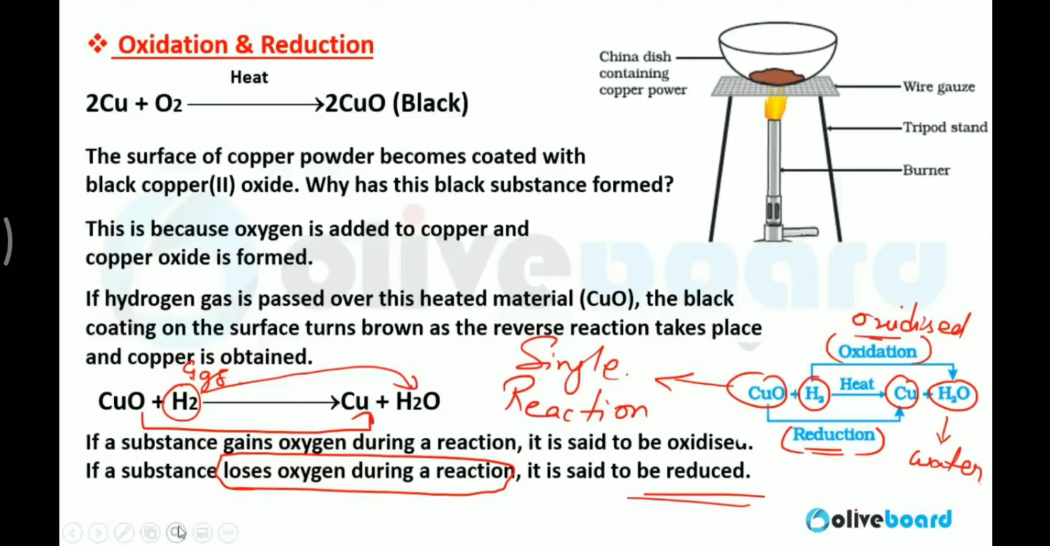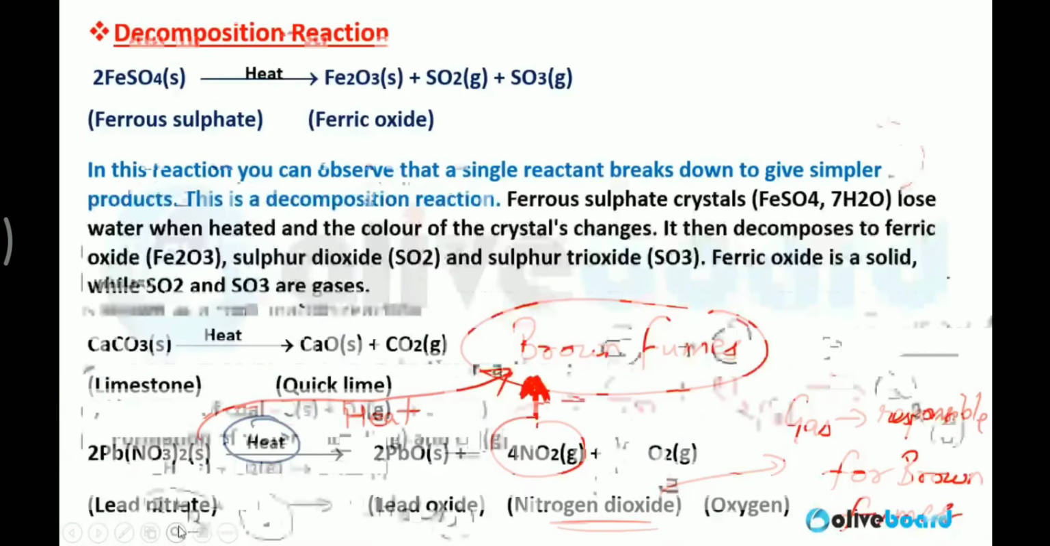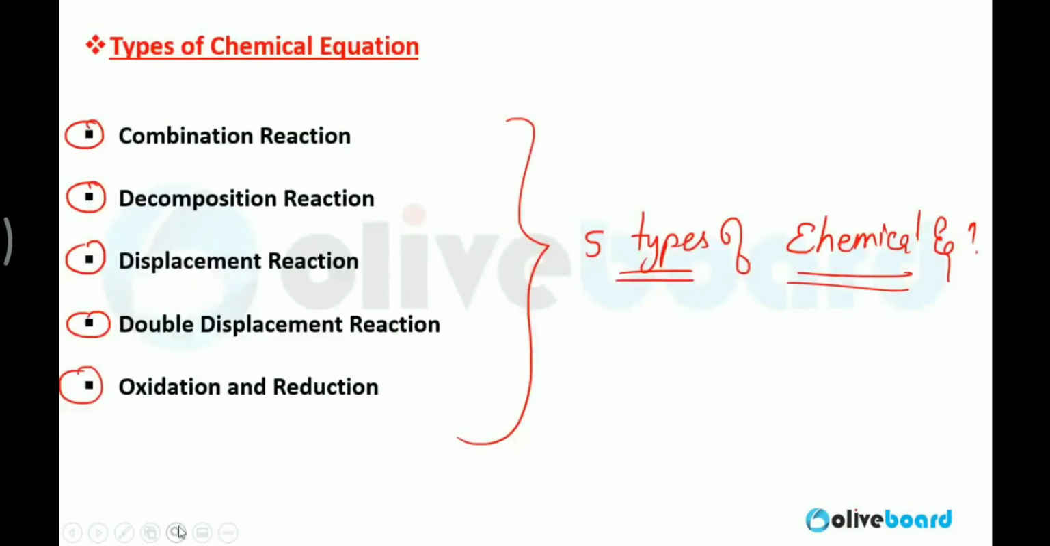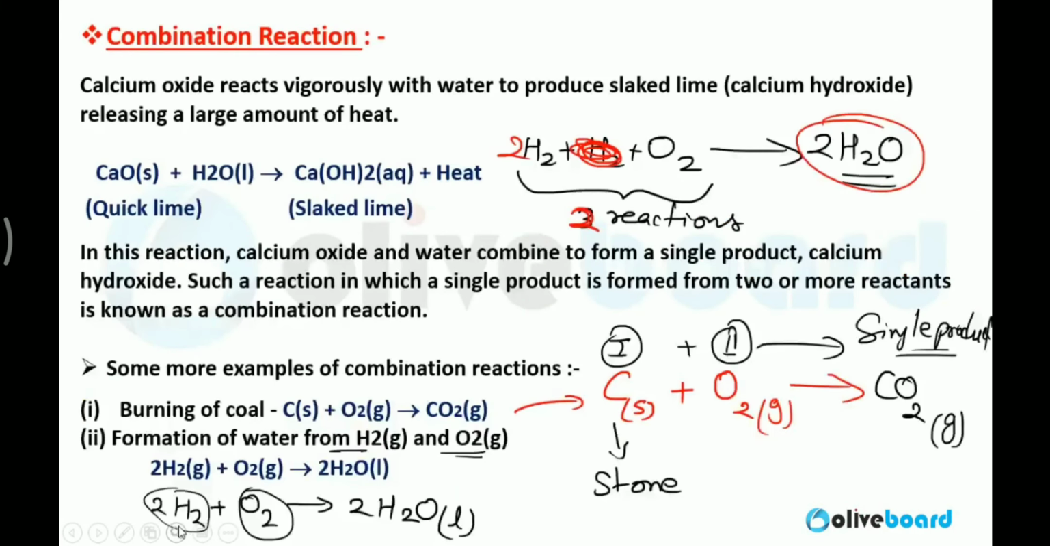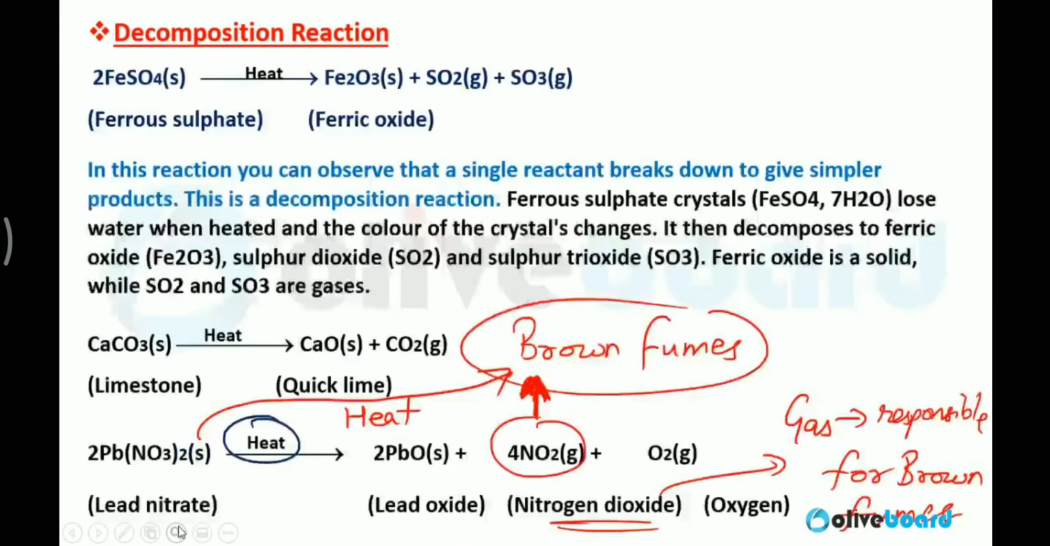And so this is all for today, guys. You have completed your chemical equation chapters, and we have covered all the types of chemical equation. There are 5 types of chemical equation: combination reaction,